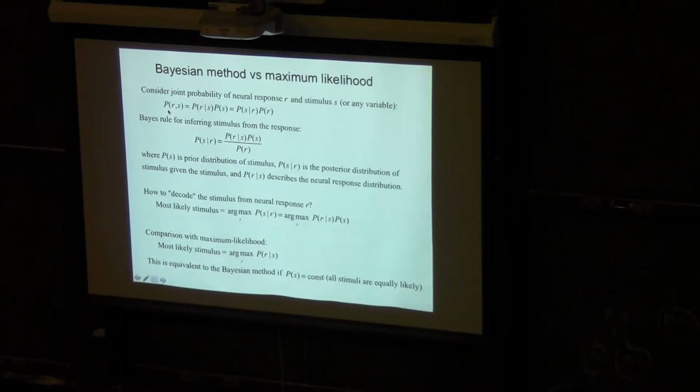The rule looks very simple. Based on the joint probability of response and stimulus, you can split it up either this way or that way. It's a conditional probability. Given each stimulus X, how your response is distributed, times how that stimulus is distributed. This is the standard conditional probability. There are two ways to write that. Based on this, you can write the equation this way. This doesn't seem very useful, but it turned out to be very useful in the sense that